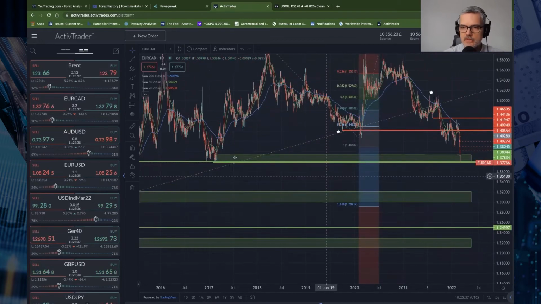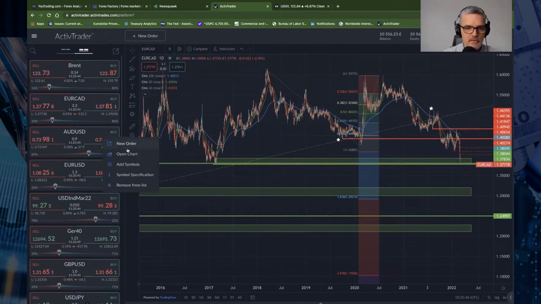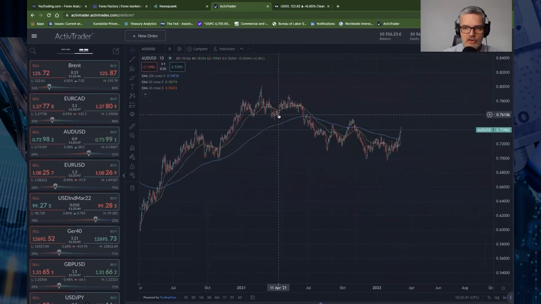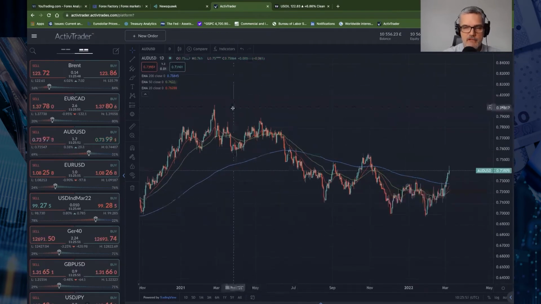So if you are going to try and go long oil, it might be better through the Canadian dollar. Like I said, we've also got commodities rising relative to other Forex pairs. And we've also got RBA Governor Lowe speaking.